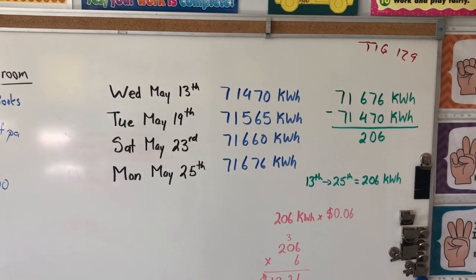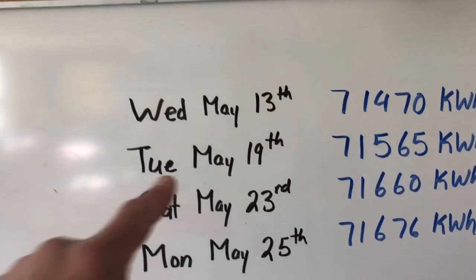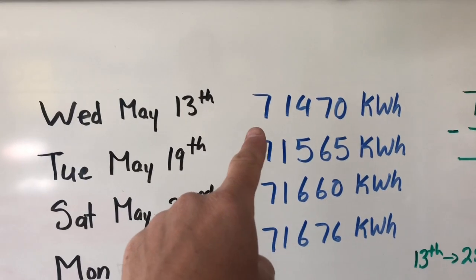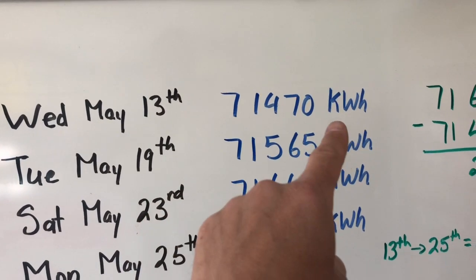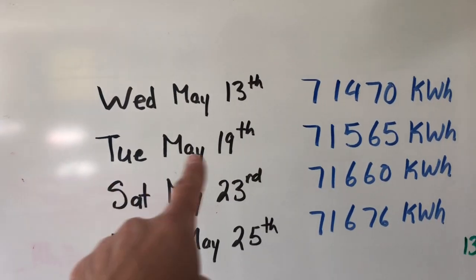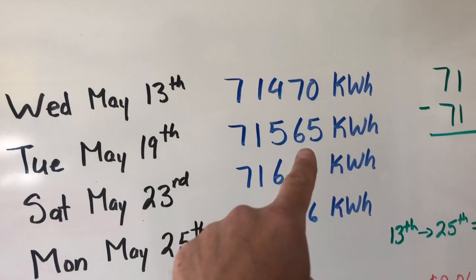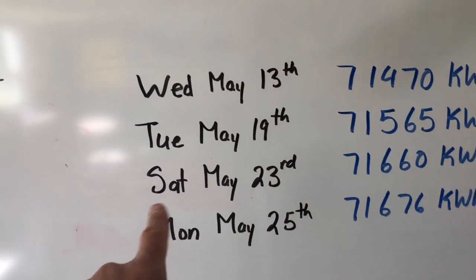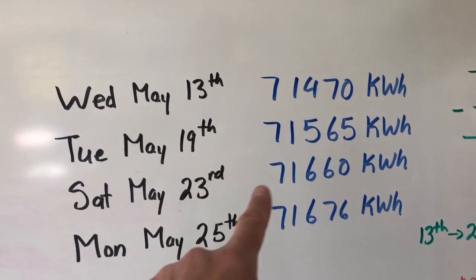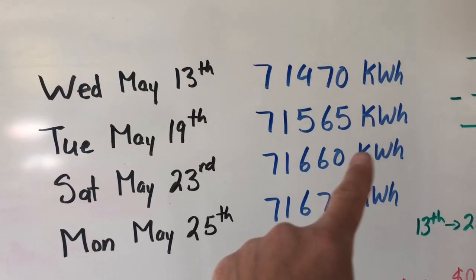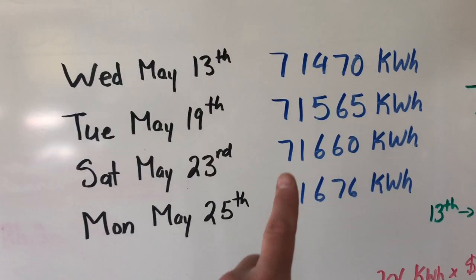Okay, I've taken 4 electrical readings and I'll show you them here on the board. I took a reading on May 13th and my electrical meter showed 71470 kilowatt hours. Then again on Tuesday, May 19th, it was up to 71565 kilowatt hours. I then took a reading on Saturday, May 23rd. My electrical meter read 71660 kilowatt hours. And then I took a reading this morning, Monday, May 25th. My electrical meter showed